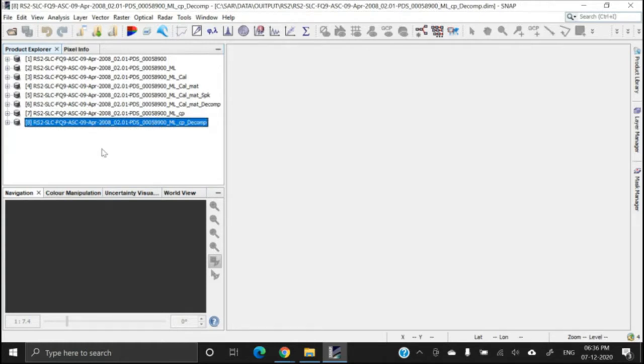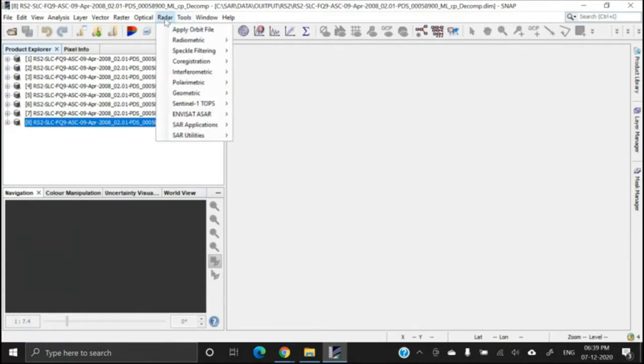You just open the previous session, or if your software is giving any error while opening the session, don't worry, you just open these files one by one. Also look at my screen and maintain this serial number. Now see, we are going for unsupervised classification. Unsupervised classification means the image will be classified by the software automatically.